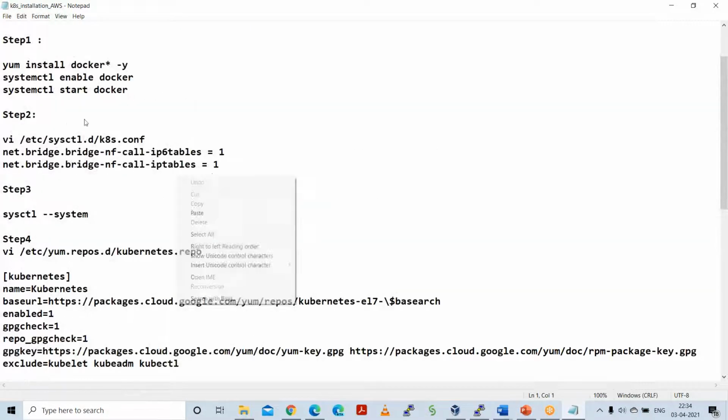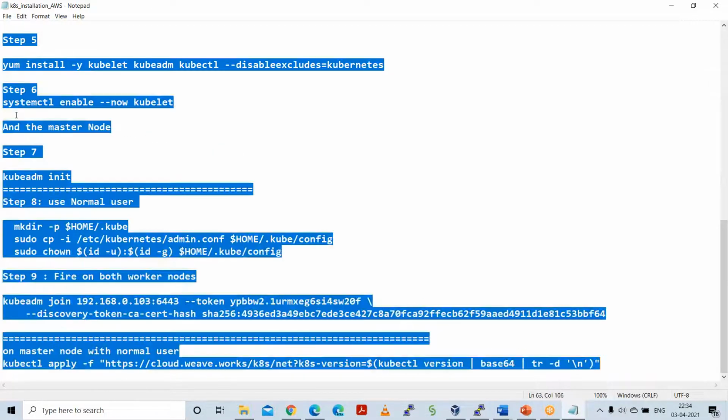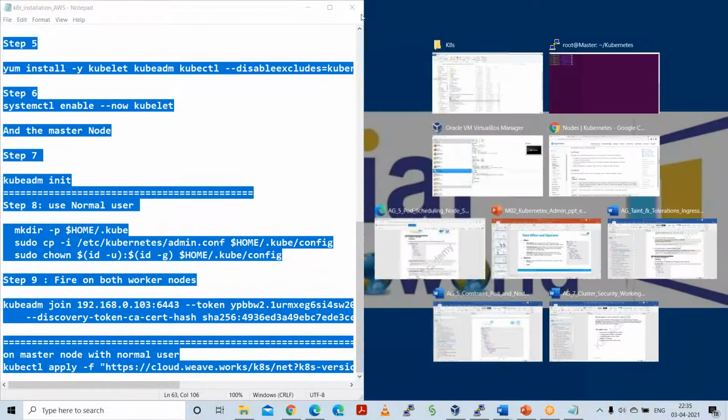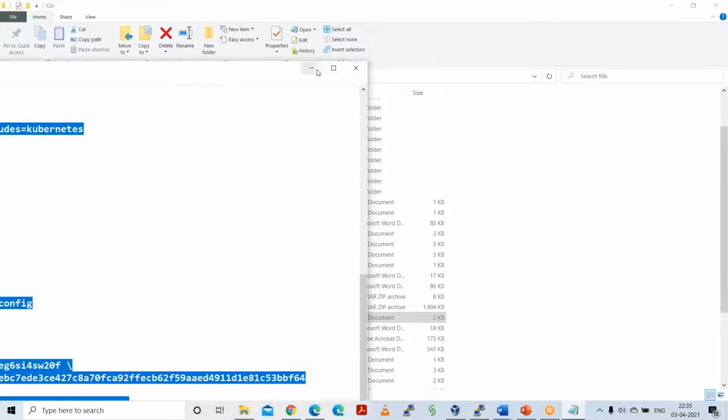This is a simple command for Red Hat also. This is the yum repository. This is very simple actually. Same steps, only some are different. This is on AWS where I have installed it, and I have used the same steps on the